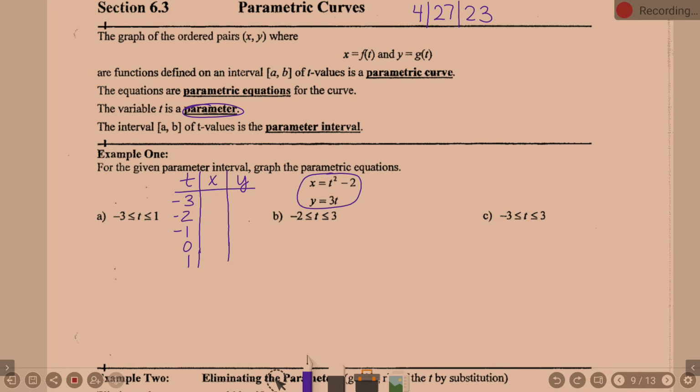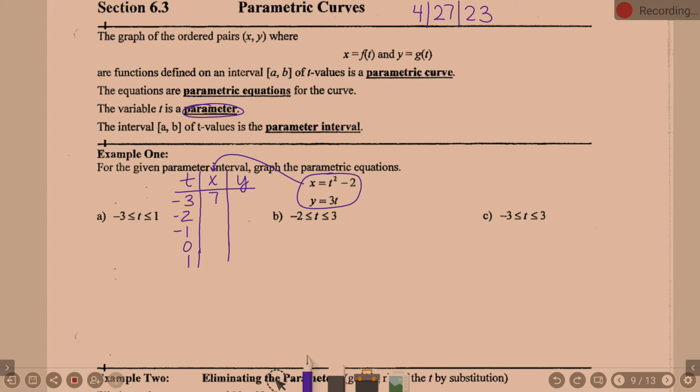Now, how do I find my x values? You do t squared minus 2. Okay, x is defined as t squared minus 2. So we're going to take each of our t's and plug them in. So -3: -3 squared minus 2. -3 squared is 9. 9 minus 2 is 7. I'm going to go ahead and do all the x's first. Negative 2: negative 2 squared minus 2